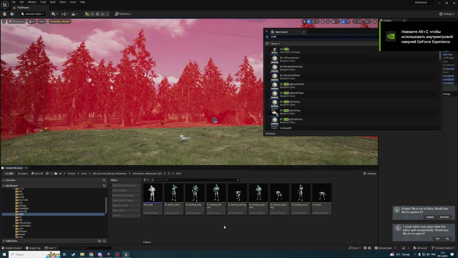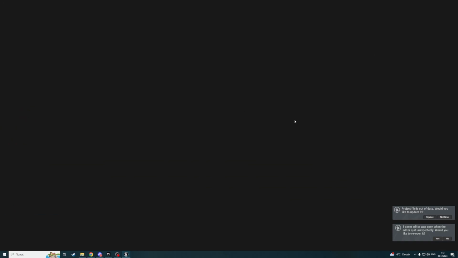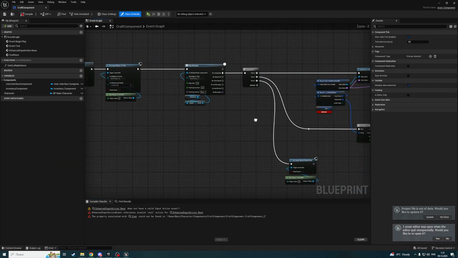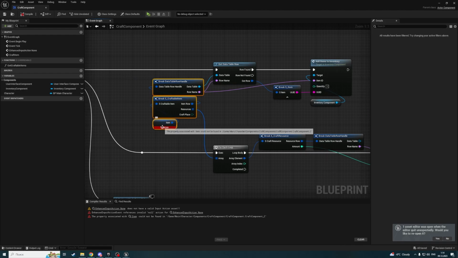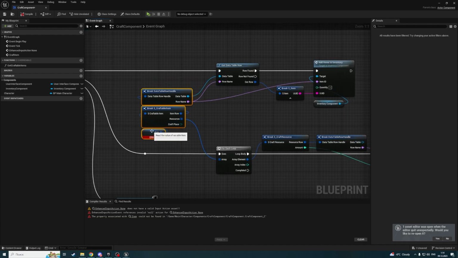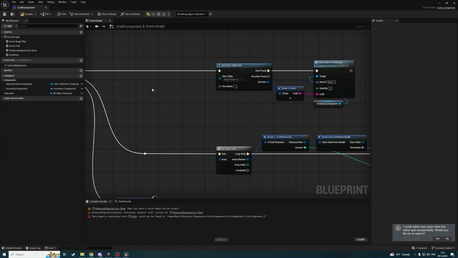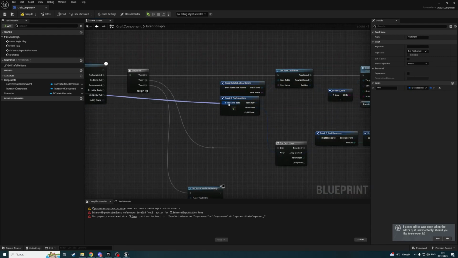Okay, this is my third attempt to open craft component. Unreal really doesn't want me to create this system, and let's see. It crashes when I'm deleting this item. Could not be found. Maybe if I will just... okay, it works. Whew. And connect it back, and here craftable item is going to be a param that we pass to an event